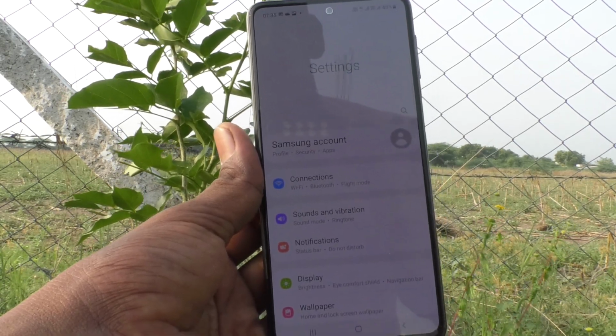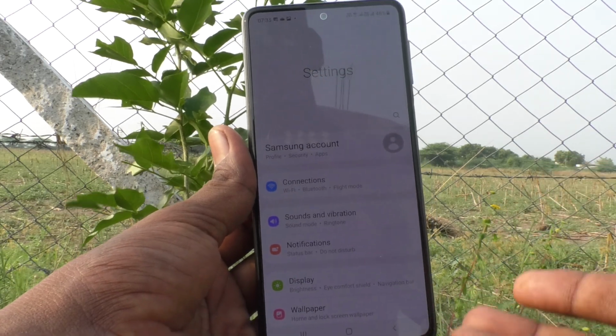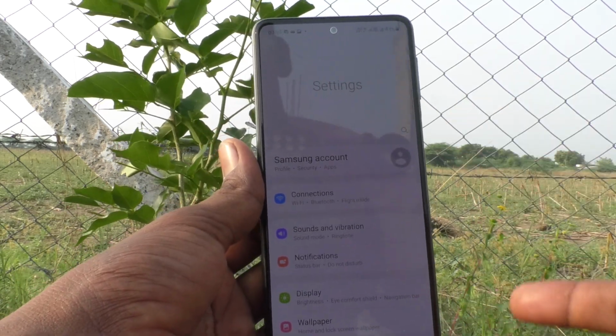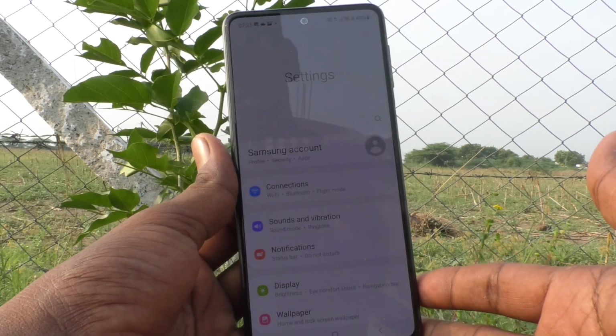So here you learned how to set ringtone in M31s as well as controlling other tones in your phone as